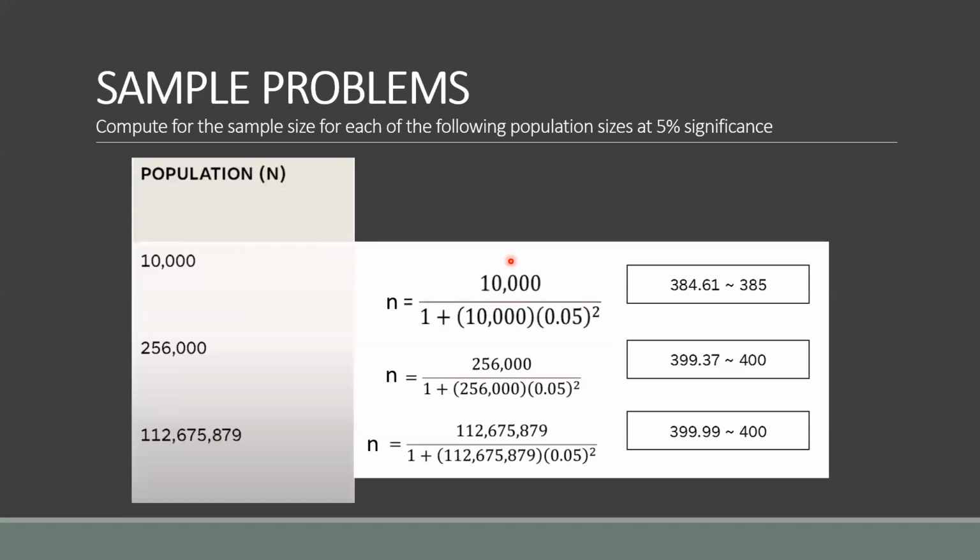It is computed as the capital letter N, or your total population, which is 10,000, divided by 1 plus the product of your population, which is again 10,000 for our first problem, and the margin of error, which is 5% or equivalent to 0.05 squared. So what we could obtain from the computation of a 10,000 population is